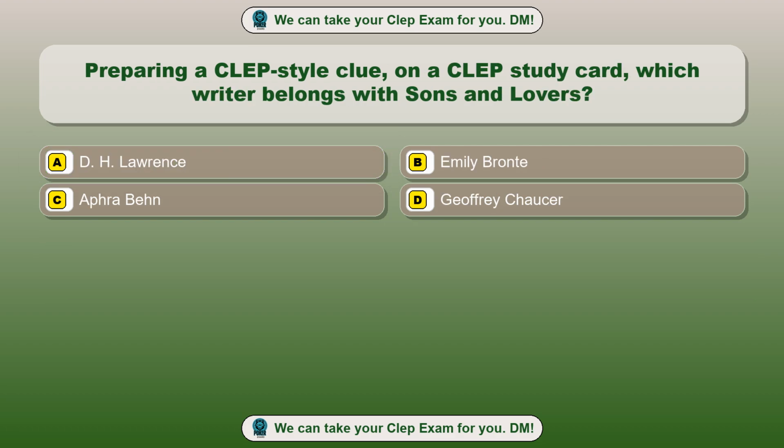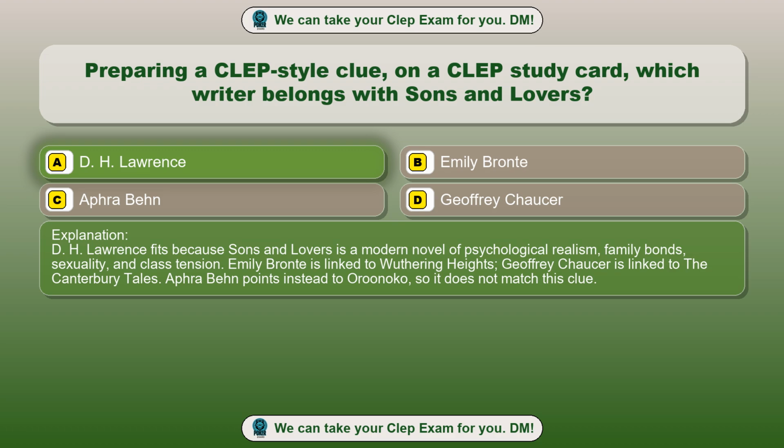Question 67. Preparing a CLEP-style clue on a CLEP study card, which writer belongs with Sons and Lovers? Option A, D.H. Lawrence. Option B, Emily Bronte. Option C, Aphra Behn. Option D, Geoffrey Chaucer. The correct answer is option A, D.H. Lawrence. D.H. Lawrence fits because Sons and Lovers is a modern novel of psychological realism, family bonds, sexuality, and class